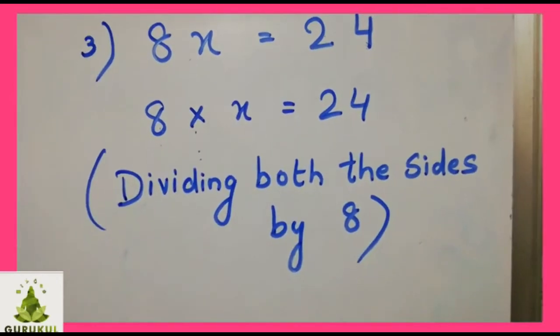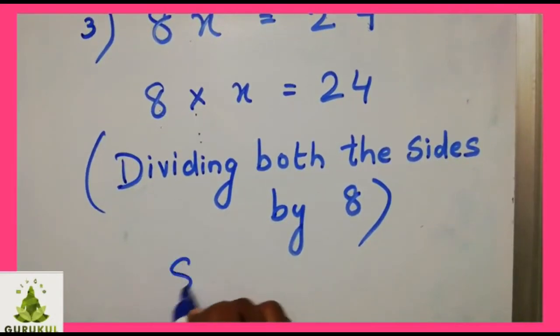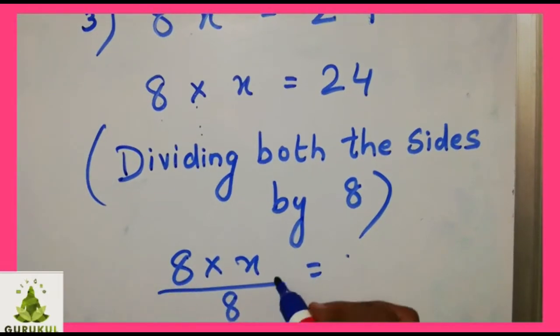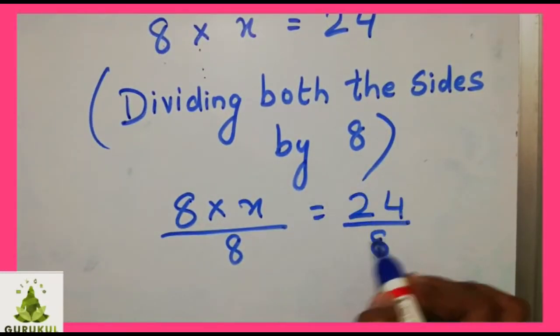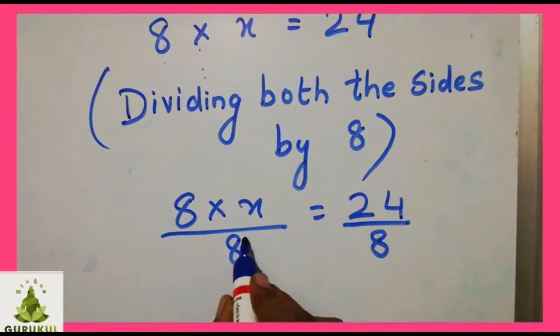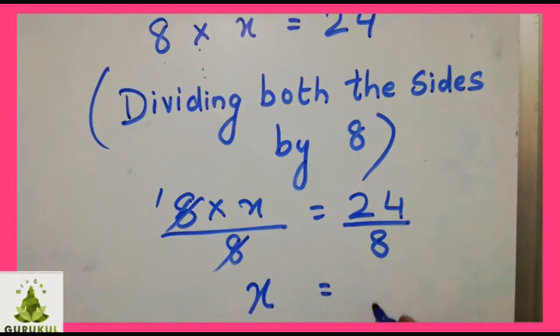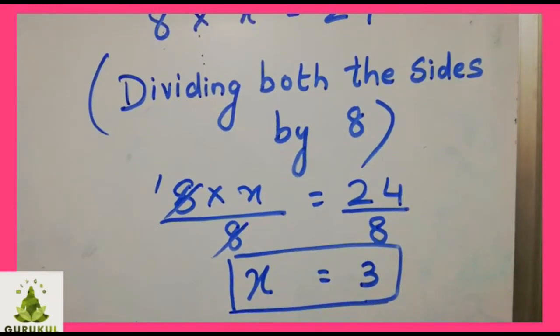Now the operation is done. Now how to find the solution? I will explain it now. I am going to divide. Now 8 into x divided by 8 is equals to, if I divide here by 8, I should do division by 8 on the RHS also. Both the sides, the same operation is to be done by 8. See here, 8 one times 8. So 1 into x is x remaining here. 8 how many times are 24? 8 threes are 24. So x is equals to 3 is the solution for the equation. This is the value of the variable, or solution of the equation. Is this clear? Copy down this.